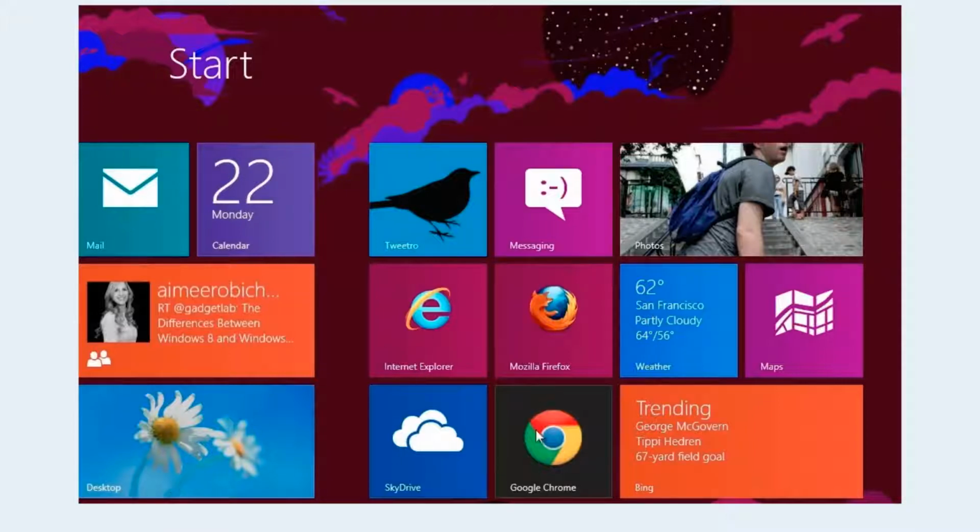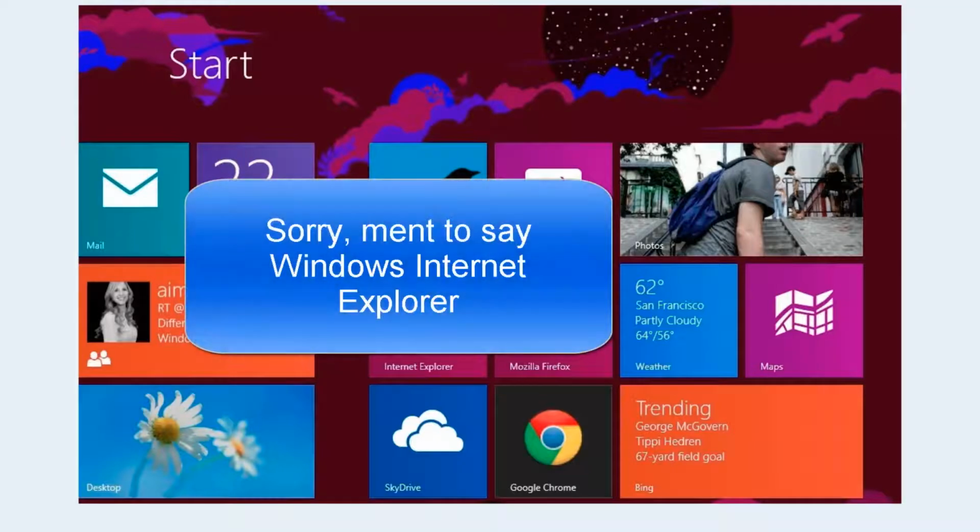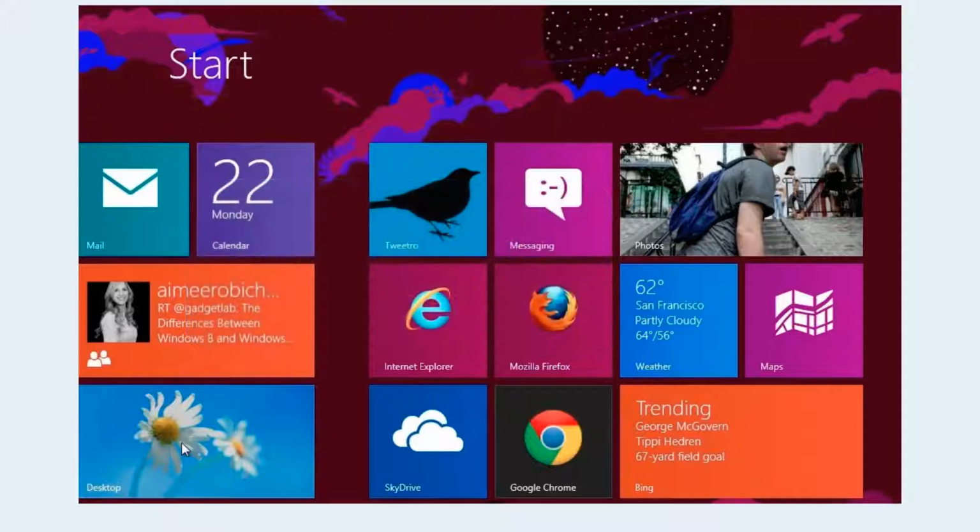Now you should have other browsers on your computer anyway. If anything ever happened to Internet Explorer, you could use one of the other ones while you get it sorted. But download it from your desktop. This one here brings you to the one that has no start button, but it looks a bit more like Windows 7. Okay,